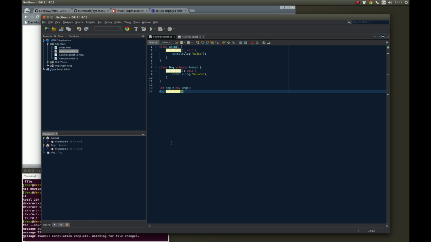Anyway, I will try to upload the generated NBM file so that you can just download it and install it. But at this stage it's still in heavy development and it's not production ready, so be warned, it might not work all the time, but the